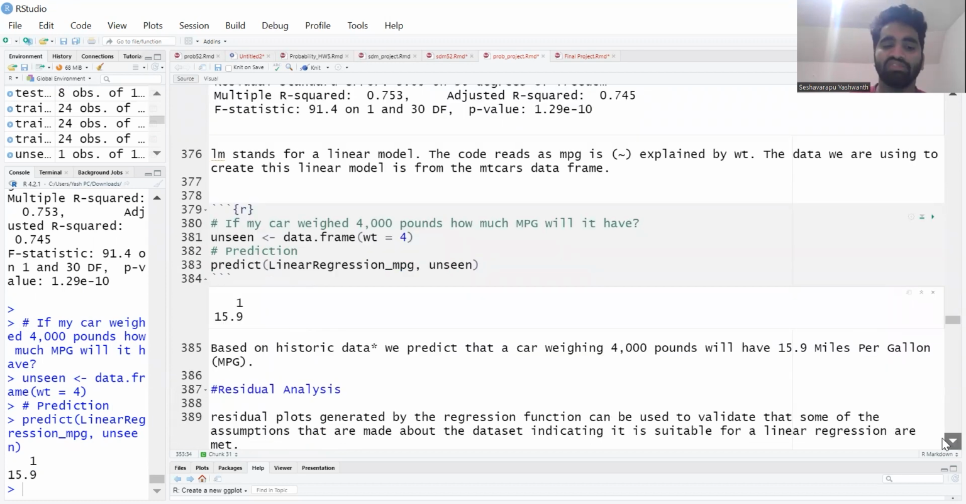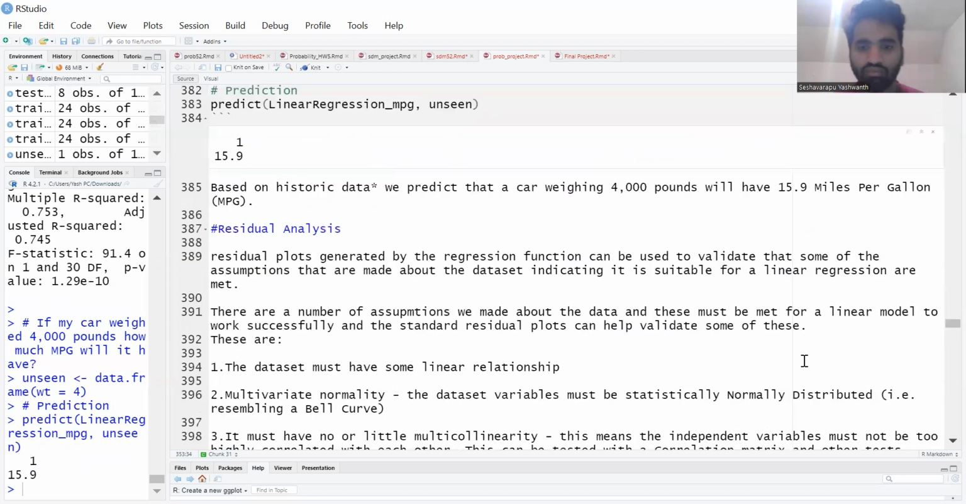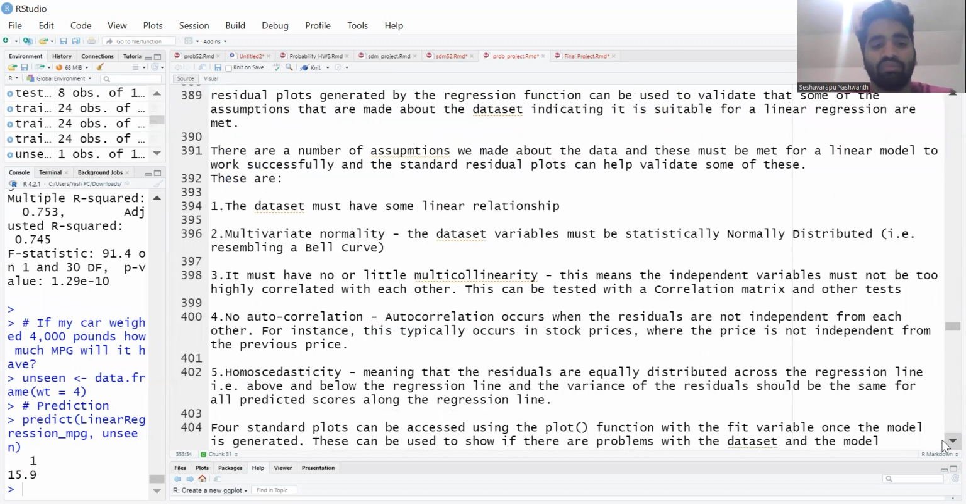So now we are going to do residual analysis. Basically, residual plots are generated by the regression function, which can be used to validate that some of the assumptions made about the data set, indicating it is suitable for linear regression, are met. There are a number of assumptions we make about data that must be met for a linear model to work successfully, and the standard residual plots can help validate them. Some of the assumptions are